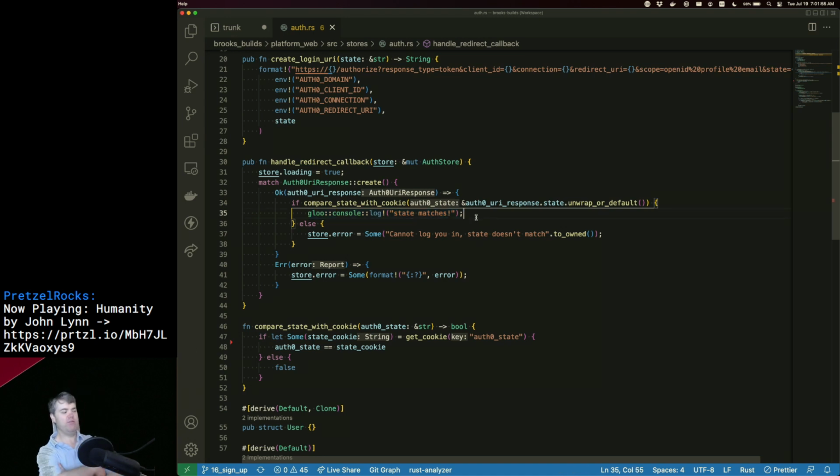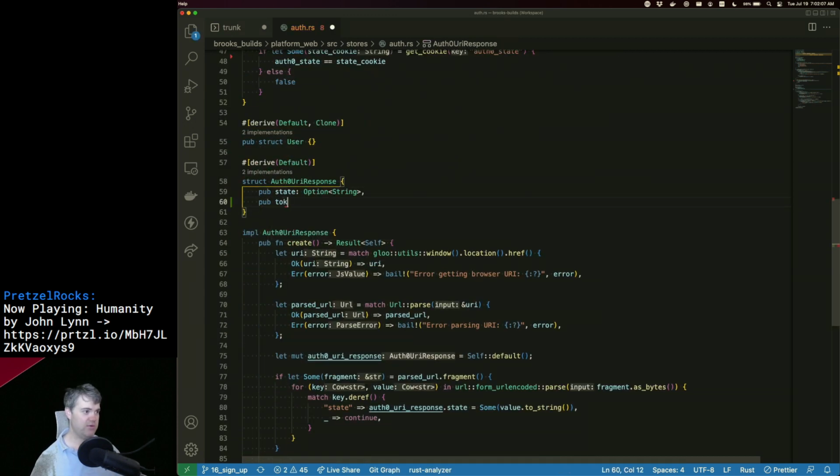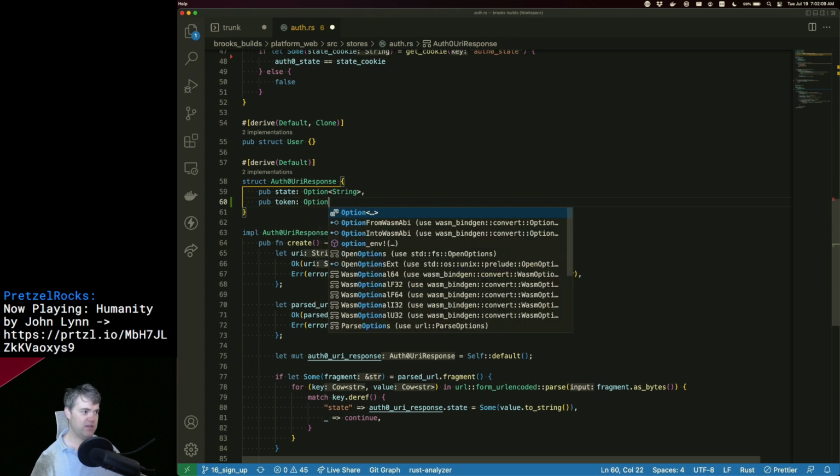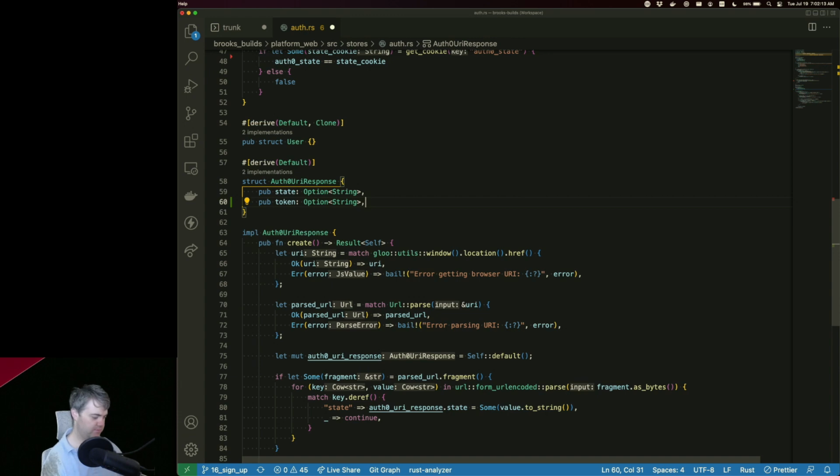What's the next thing that we would do? First of all, our Auth0 URI response state, we need to extract the token out of this. Hub token, you're going to be an option string. And this is this access token right here.